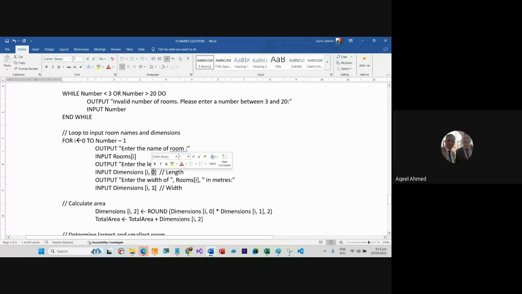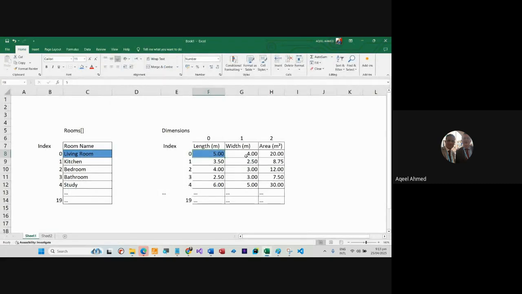0 कॉलम में लेंथ है और यहाँ पर माइनर सा चेंज है। फिर जब हम विद एंटर करने जा रहे हैं इन मीटर्स, आउटपुट किया एंटर द विद इन मीटर्स, और फिर डायमेंशन आई कॉमा 1 पे हम विद एंटर कर रहे हैं। तो आई अभी 0 ही है, उसकी विद एंटर की हमने। अब हमें ये डायमेंशन वाली एरे, डायमेंशन आई कॉमा 0 और डायमेंशन आई कॉमा 1 दोनों को मल्टीप्लाई करना है, तो हमारे पास आ जाएगी डायमेंशन आई कॉमा 2 यानी एरिया।